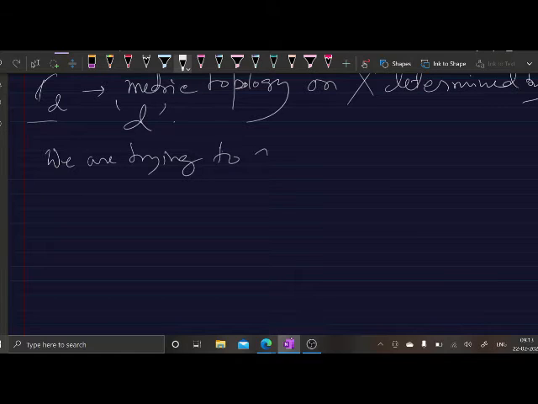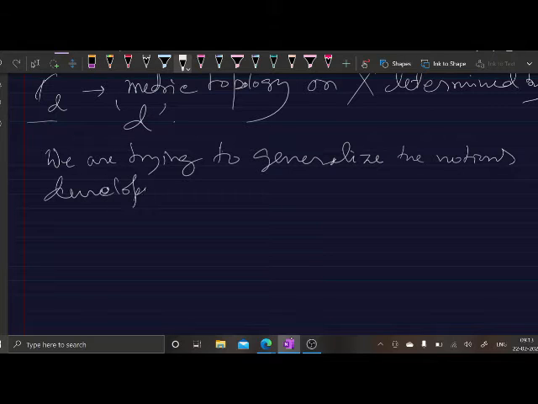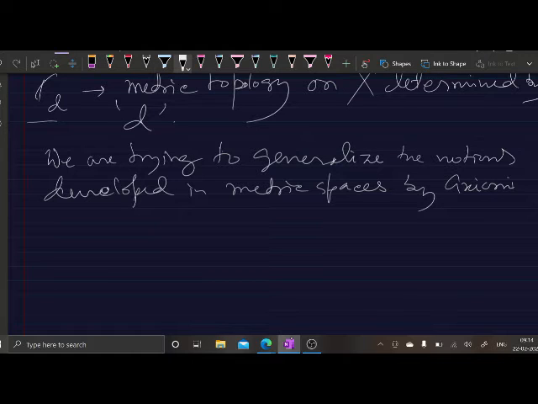Okay, so we are trying to generalize the notions developed in metric spaces by axiomatizing open sets, which is,